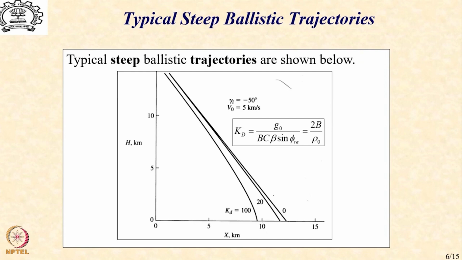Of course, we also see from this picture that as KD value increases, that is the ballistic coefficient decreases, which indirectly means that either weight decreases or the drag coefficient increases, there is a little bit of